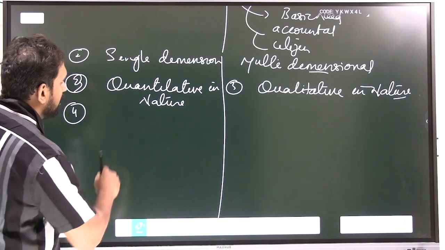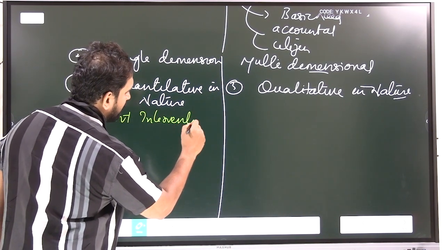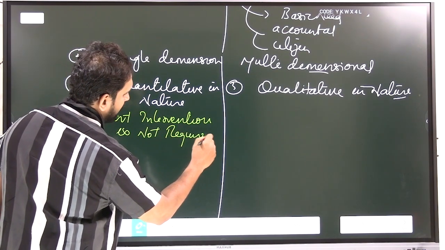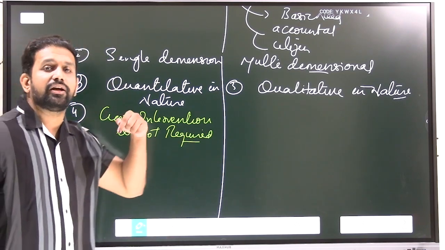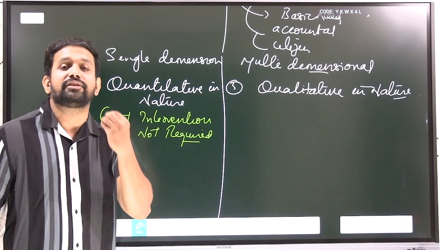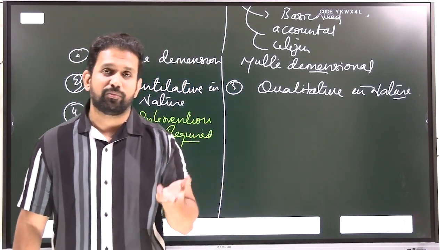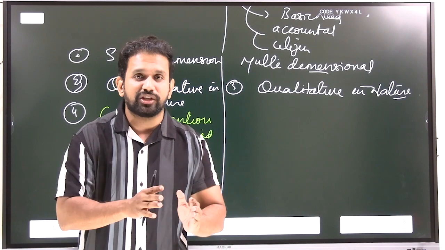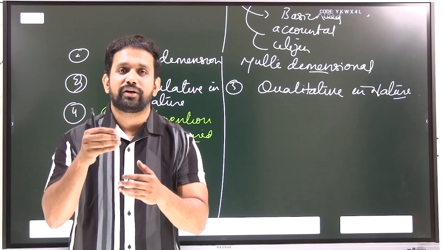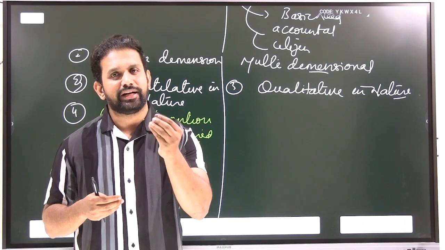Okay, fourth one. To increase economic growth, government intervention is not required. Government need not interfere in order to increase the economic growth rate, in order to increase GDP. It is a very natural process according to various textbooks of economics, and economists have told that whether government does something or does not do something, every country will go for an increase in GDP over a period of time. Natural growth rate everyone will achieve.